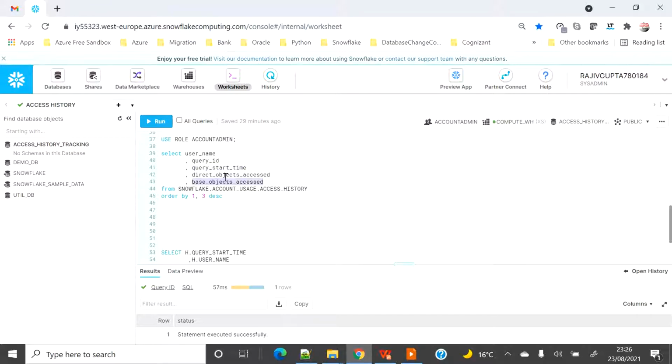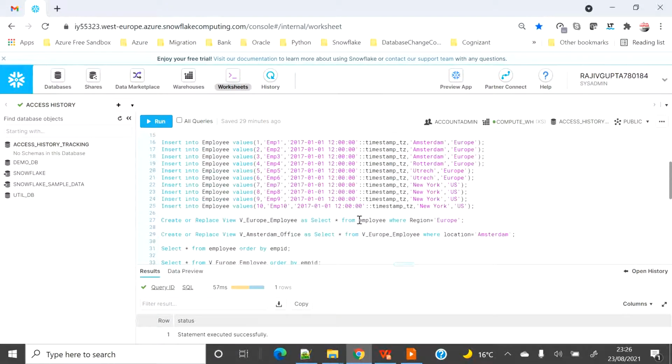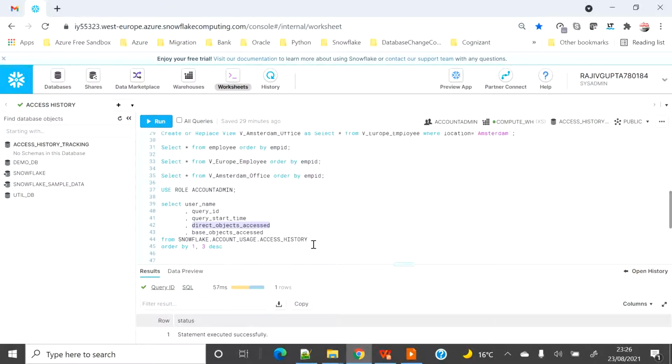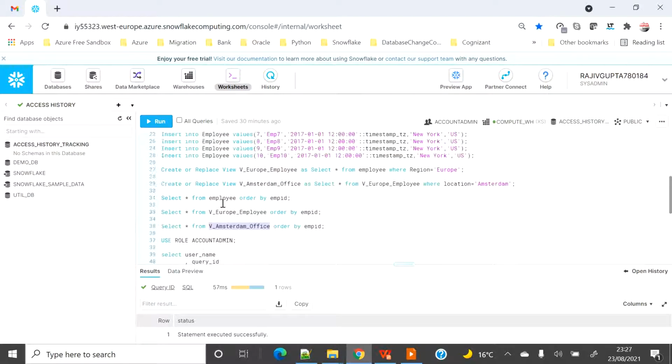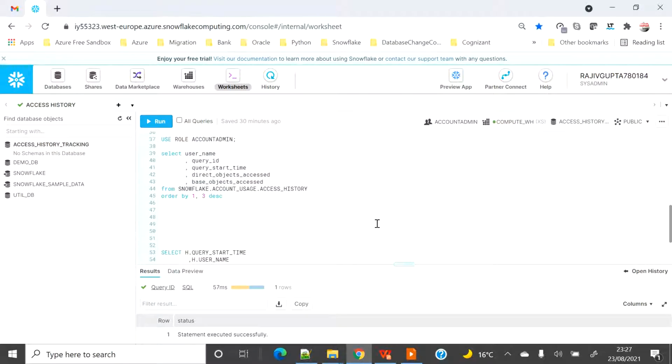If you have gone through my blog, you will understand that direct object access means the query which we have executed. In our case we have executed V Amsterdam office, so V Amsterdam office is the direct access object, and V Amsterdam office is based out of the base table employee. That will be captured under base object access.